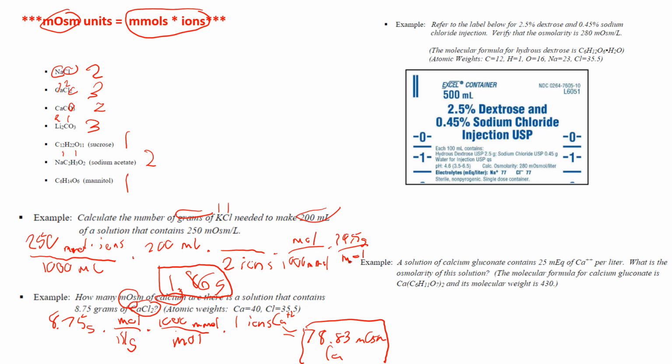It wants us to find the osmolarity of a solution that has 2.5% dextrose and 0.45% sodium. And it wants us to basically verify that this osmolarity is 280. So how do we do that? We'll just start with the sodium. So since it's a 0.45% solution, that means there are 0.45 grams per 100 milliliters. And then we could just multiply this by